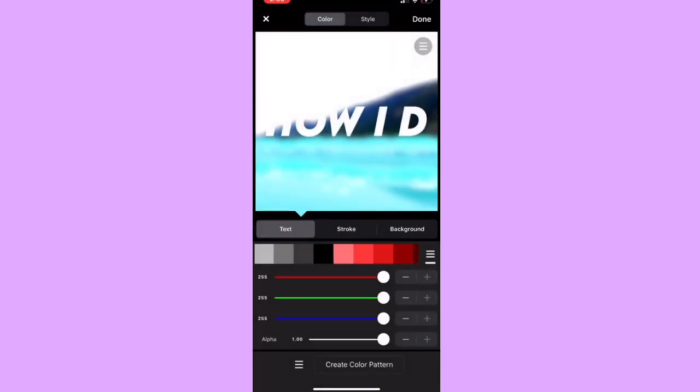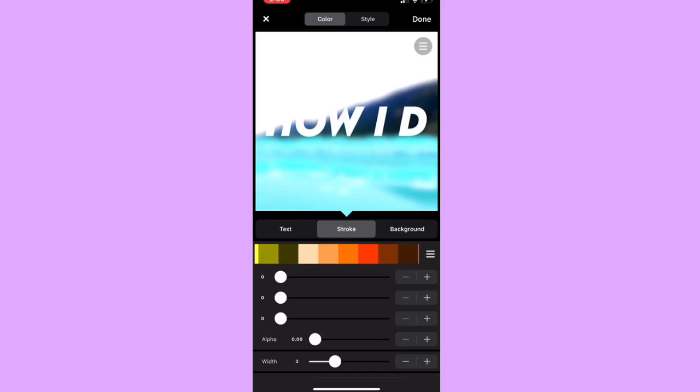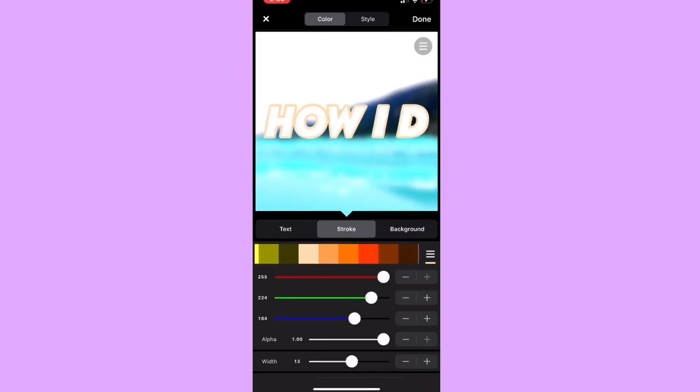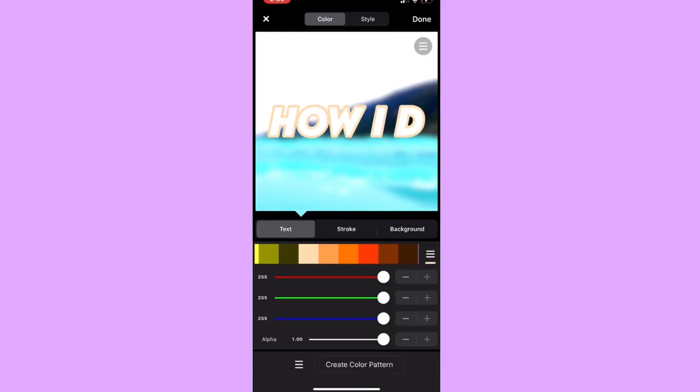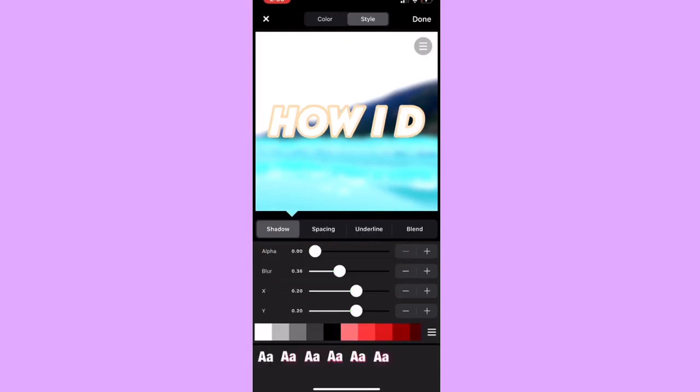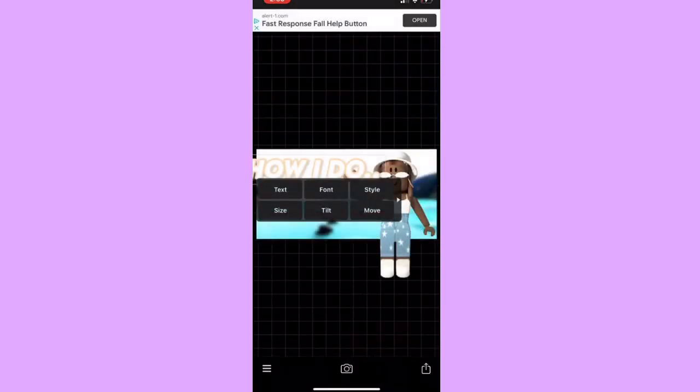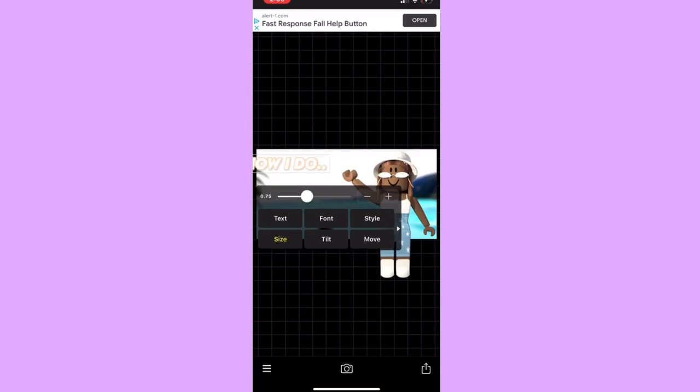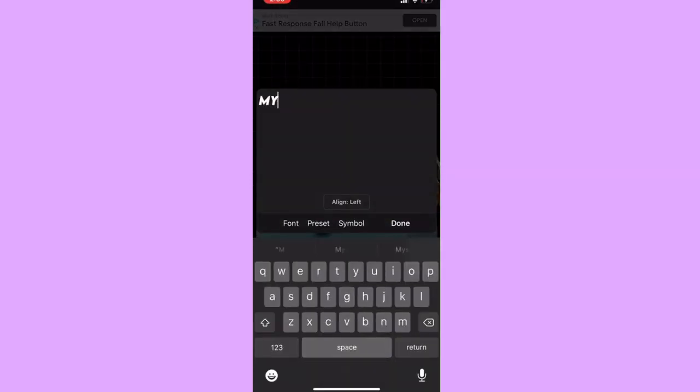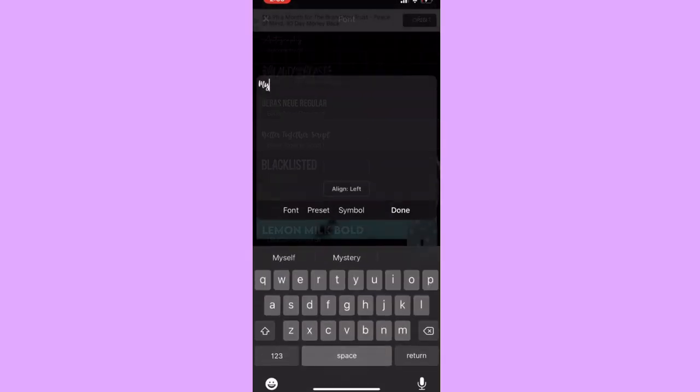And basically, I'll go to stroke, and I change the color, which is like this peach color. And then I go to style, and then for shadow, I press like this gray color so it will pop up more. And you could also play around with it again, like I said. And I'm basically going to just do this for each one. So how I do, and I'm going to just change the font up a little bit, maybe in the script